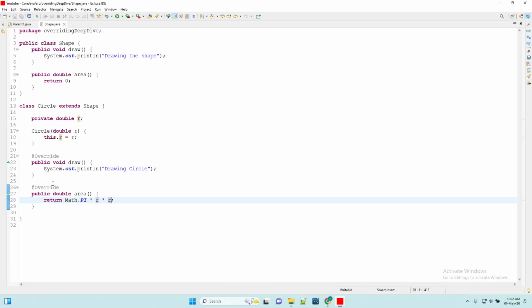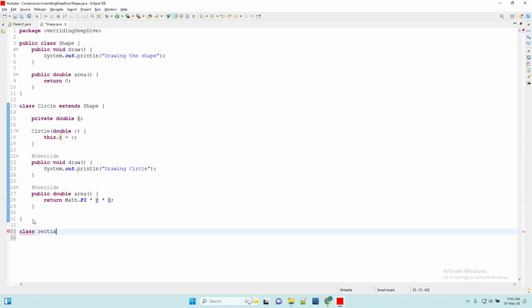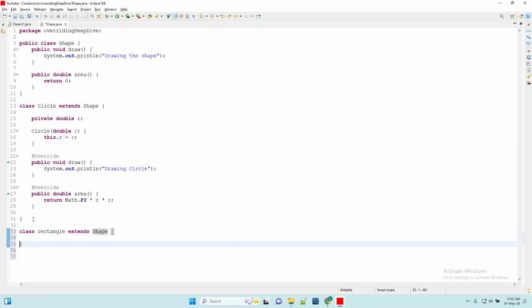Let's create one more class, class Rectangle, which extends Shape. It will also give us the same methods, but here in Rectangle, what do we have? We have private length and breadth. So let's take length as int, or